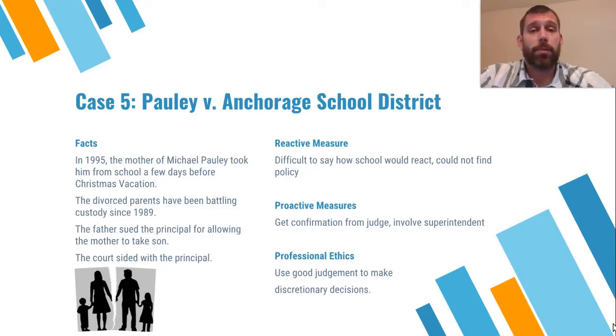Which kind of leads into the proactive measures for this type of situation, which is to try and include a judge in your decision when deciding whether the child should go home with a certain parent or not. I think this is just one of those situations where it's hard to have a set procedure, because so much of the action that takes place is dictated by what's stated on the court documents, which sometimes can be pretty wishy-washy. So I think it's just good policy to try and involve the judge who made the ruling, if possible, to help make the decision. I also think if I were the principal, I would want my superintendent involved with this just because it carries so much legal weight behind it.